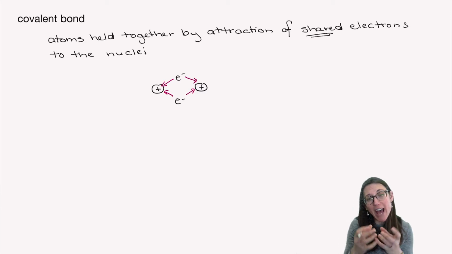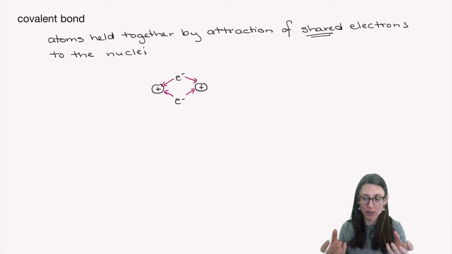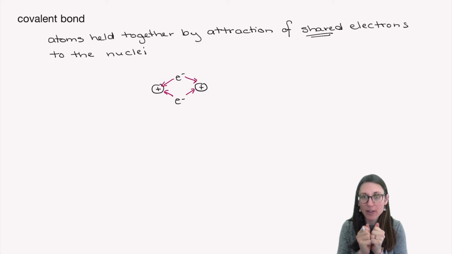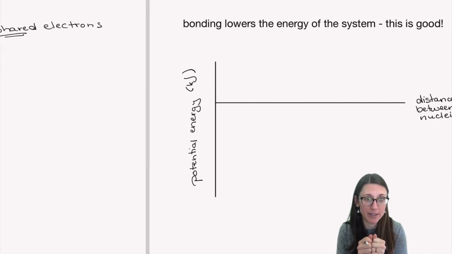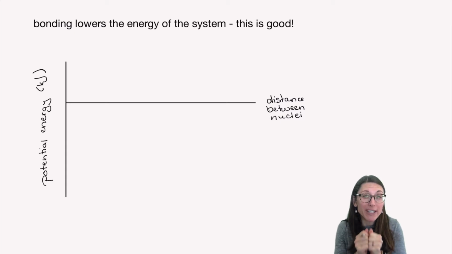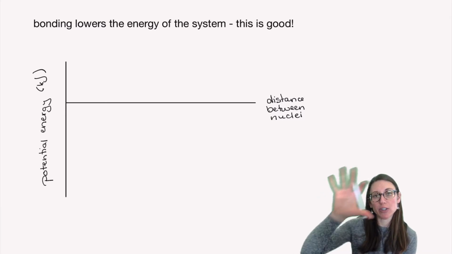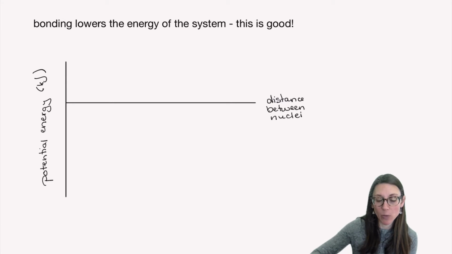And in order to have that happen, those electrons are localized between the two nuclei, between those two positively charged atoms. And when you have this attraction, you're going to lower the energy of the system. So if we take a look at what's called a potential energy diagram, where we can see how the total energy of the system, the potential energy of the system changes,